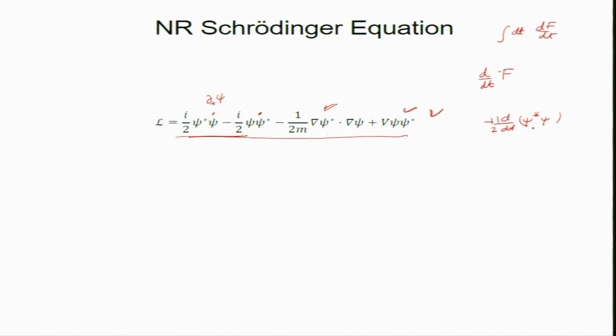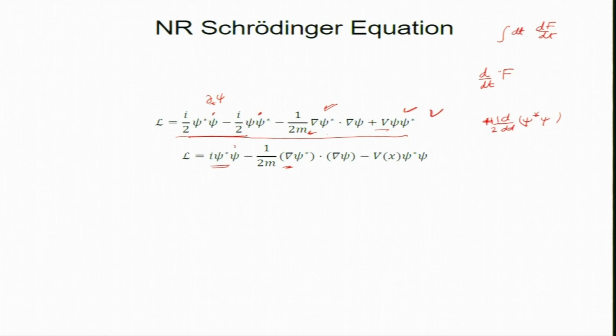So, one term will cancel, psi star dot, and in fact it is plus half of that. So, one term will cancel with that, and the first term will get amplified, and we basically get half plus half. So, i psi star psi dot minus this term and minus that term. Okay. So, this is Lagrangian for